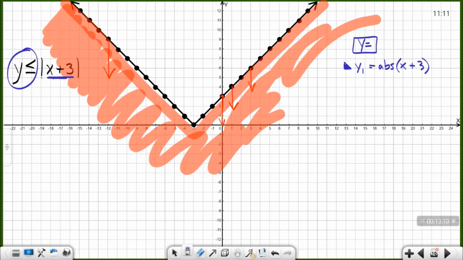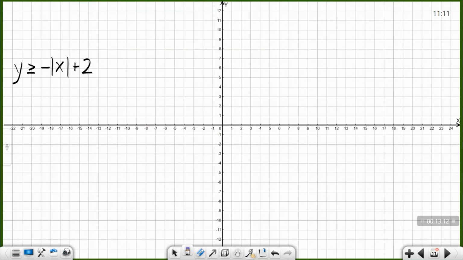I want you to try and do that if you have your graphing calculators on this next one. All right, try and graph this one in your graphing calculator, see what you get. All right, well, you should have gone and plugged it in, and I'll put it up here. It would have been